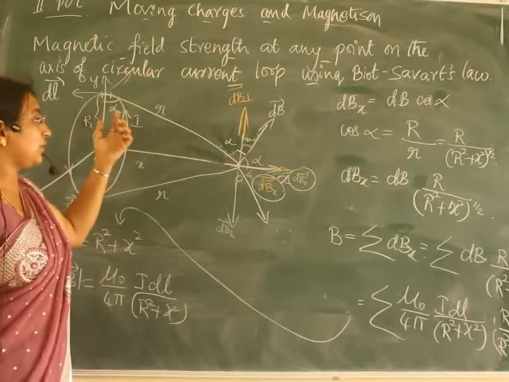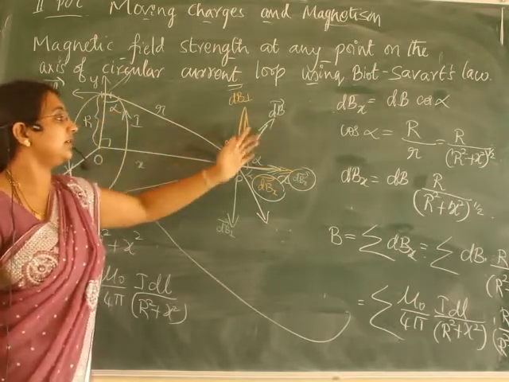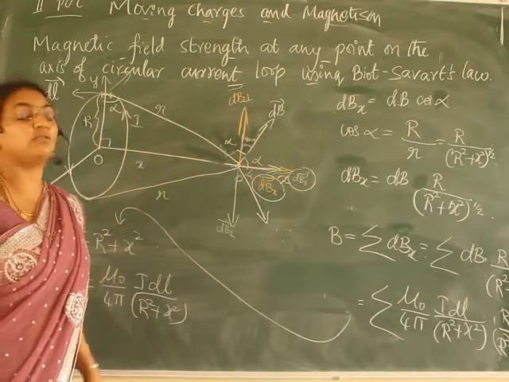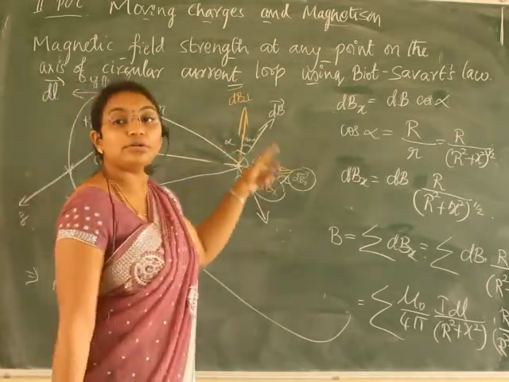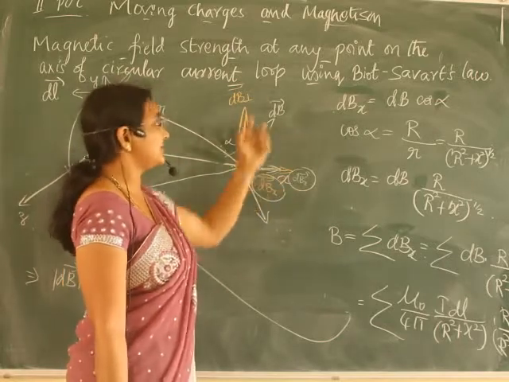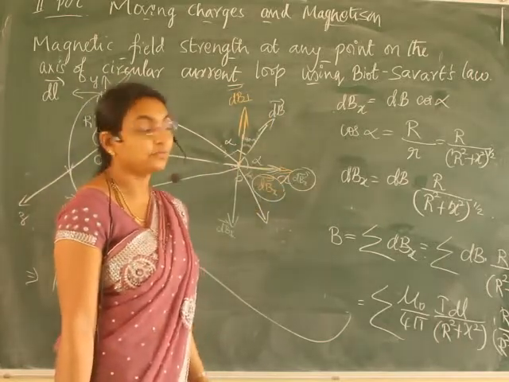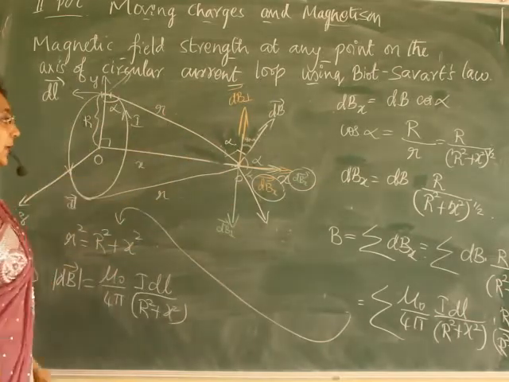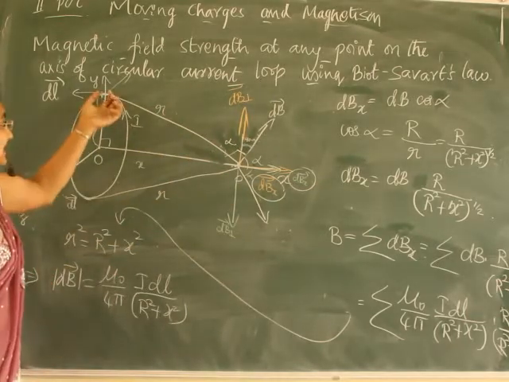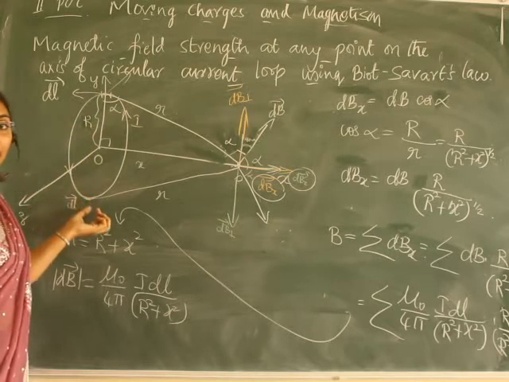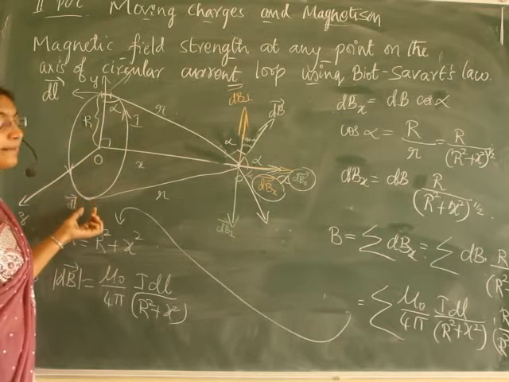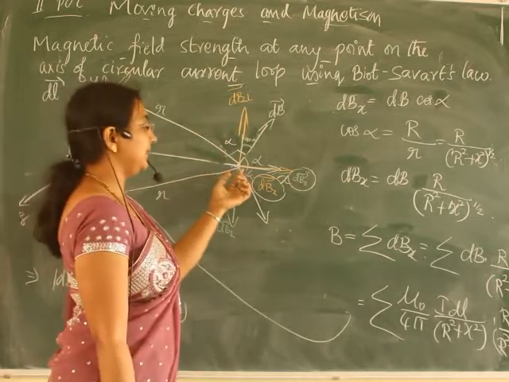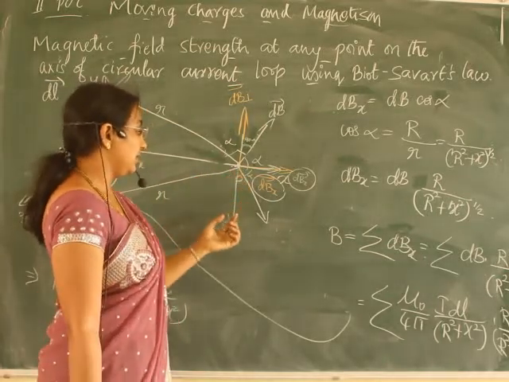Actually, it is a vector quantity. So when we write a vector quantity, this is the direction. Correct? We can resolve that vector quantity into two components, that is along x-axis and y-axis. We get dBx and dB perpendicular. Then exactly diametrically opposite elements of the same length dl we will consider. Because of that, the magnetic field at the point P is again dB vector.